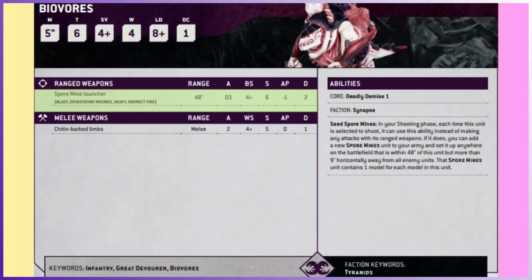So let's move over into the ranged attacks, which is kind of the main, well I suppose it's one of the main things about this unit. We've got the Spore Mine launcher. Now this has got 4 different keywords attached to the actual weapon. You've got the Blast keyword, so for every 5 models in the opposing player's unit, you're going to get an additional attack. So if you go up against 20 Necron Warriors, that's going to be 4 additional attacks on top of what you get. It's got Devastating Wounds, so if you wound on an unmodified roll of a 6,